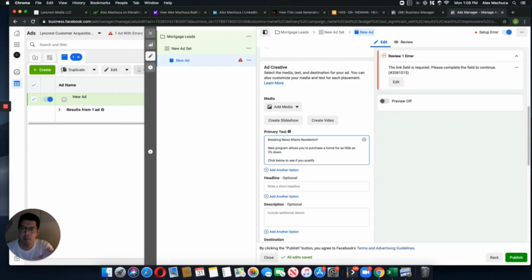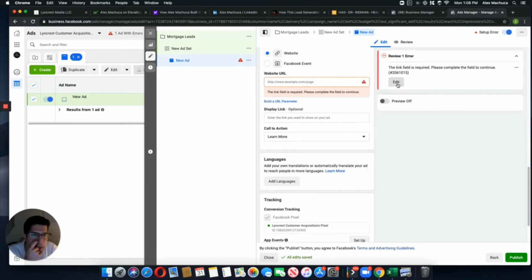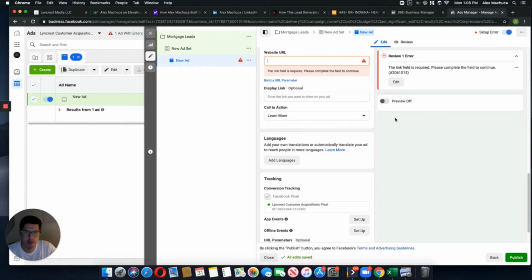But this is a very bare bones ad that you're going to run, right? Very bare bones, very basic. Obviously, there are things you can tweak to make the cost per result go down a little bit. For headline, you could do "Breaking news" or "New home program," right? I don't know what this link is. Let's see. Verify your changes. Oh, got it. So we're not there yet.